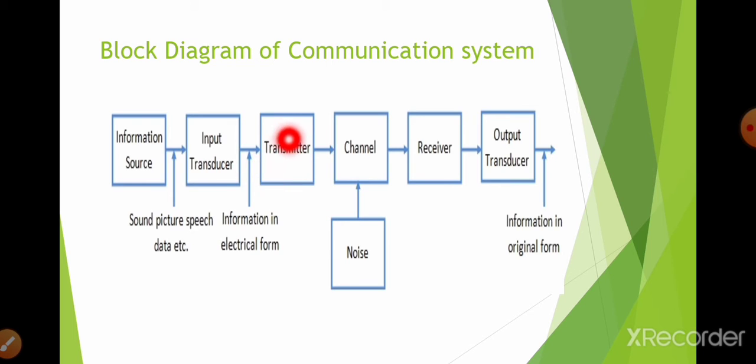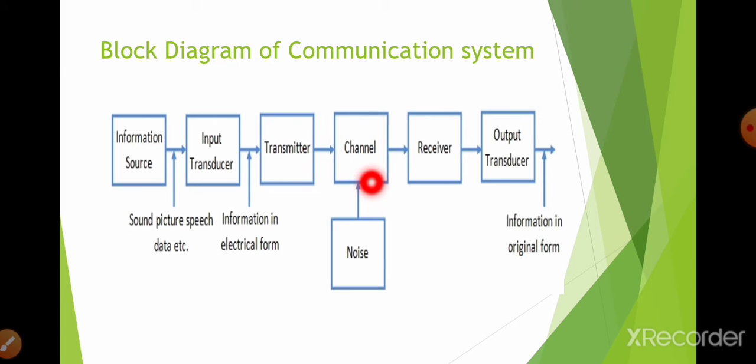According to the type of transmitter, the information can be transmitted in free space or by using a wire. If baseband transmission is there, then the information can be transmitted with the help of a wire. If broadband transmission is there, then information can be transmitted in free space. In broadband communication, the electrical form of the information signal is converted to electromagnetic form and then transmitted through the transmitter. The transmitted information travels through the channel.